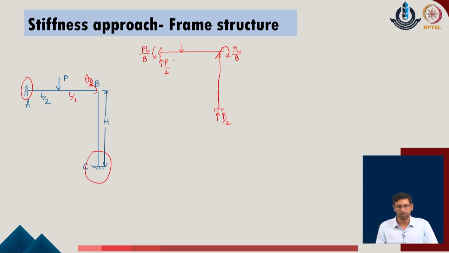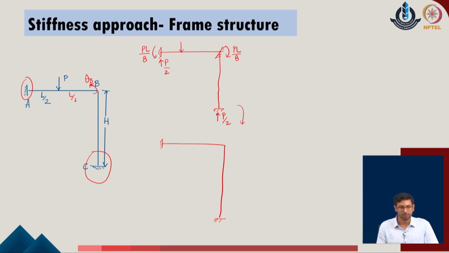Once we have these values, we understand that as the next step of the analysis, we need to release the degree of freedom with respect to the allowed degree of freedom of the original system. So, we consider the given problem again in the same manner, and we release the one degree of freedom, which is the rotation at joint B. But one must understand that joint B is a rigid joint.